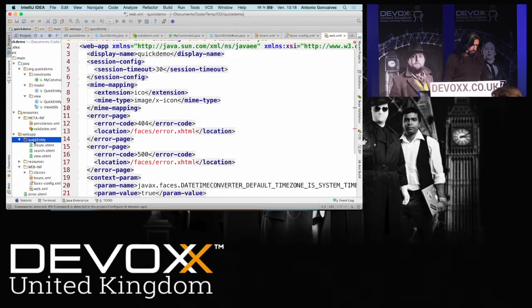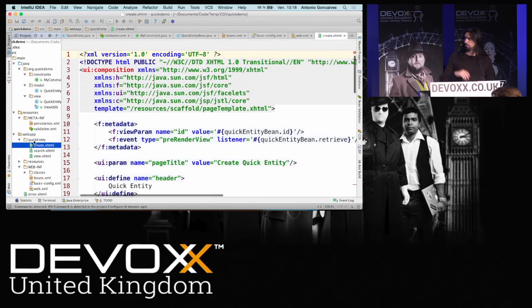And what are we really looking at? Web pages to do CRUD operations on my entity. This is Facelets. Again, everything is taken care of, and we will have a visual look in a few minutes. And later, if I have a bit of time, I will do that with AngularJS, okay? But because this is a talk about buzzwords, I need to introduce a 2-year-old or 3-year-old buzzword, REST endpoints.